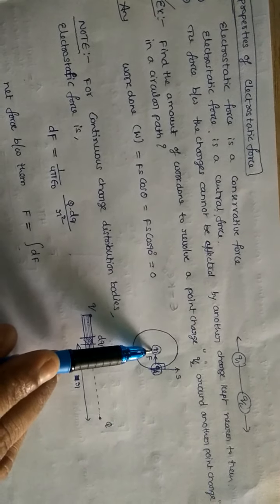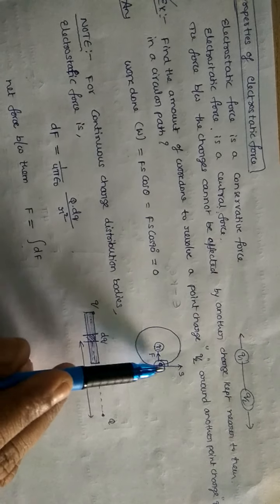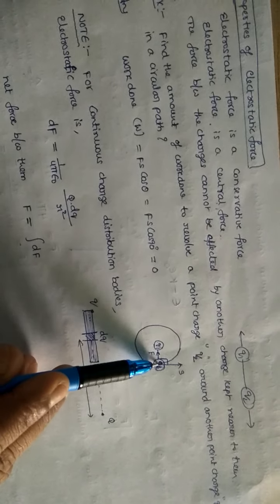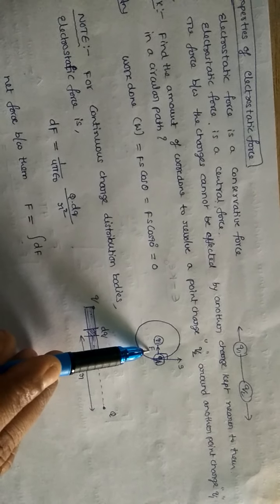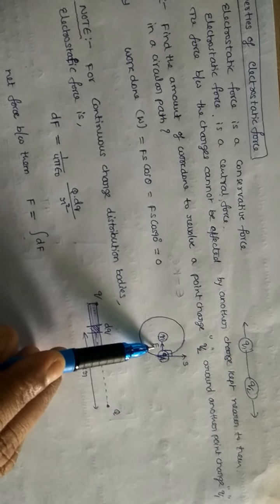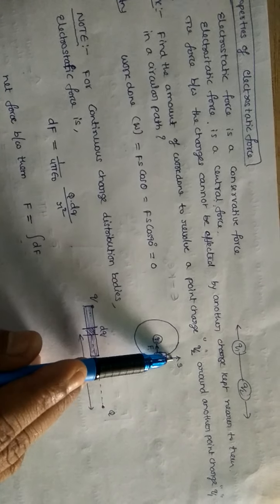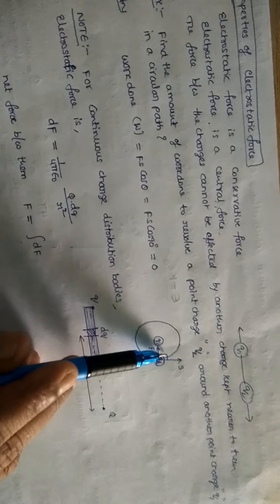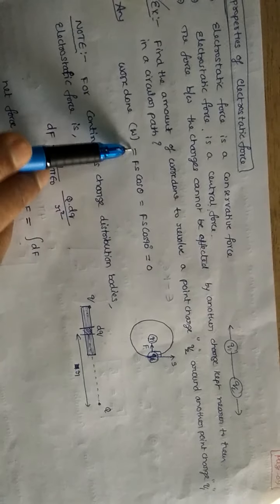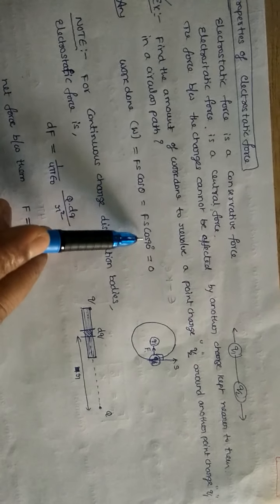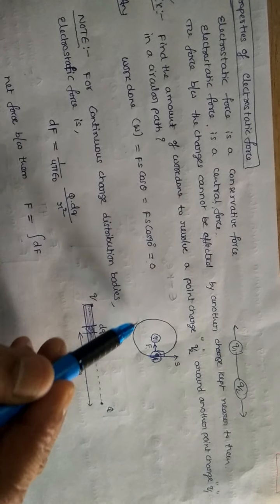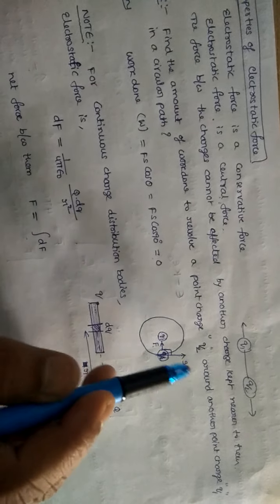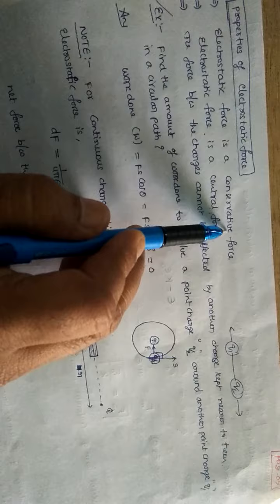I am giving one example here. A charge Q1 is kept at the center, and another charge Qt is trying to revolve around it. Between the two charges, electrostatic force is acting, which behaves like centripetal force. The charged particle is moving on the circumference, so the displacement will be like this. Force and displacement are perpendicular. Then work done is F s cos 90, so you will get work done equal to 0. That is why the work done by the force in a closed path is 0, and that force is known as a conservative force.